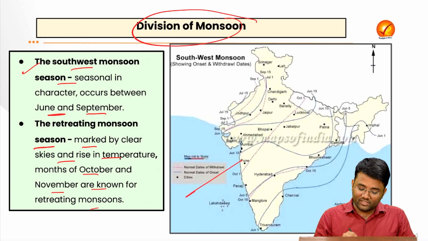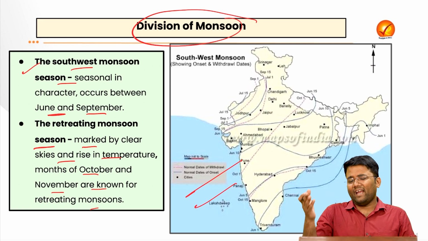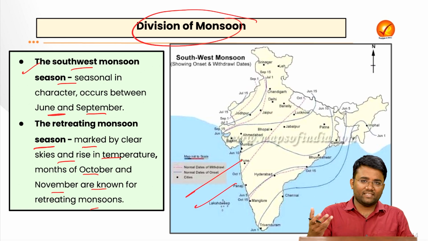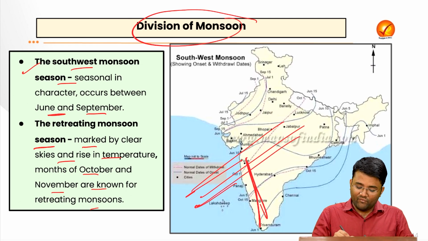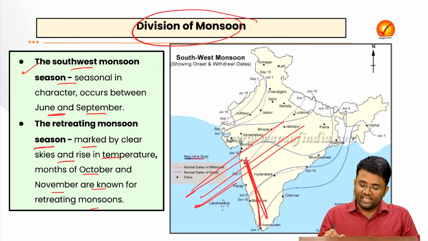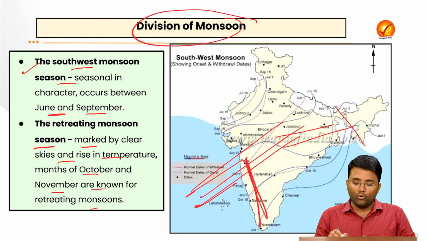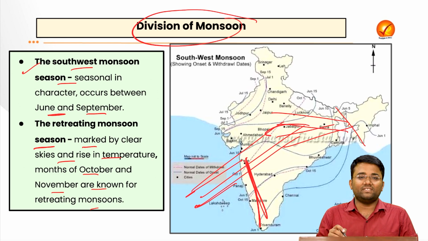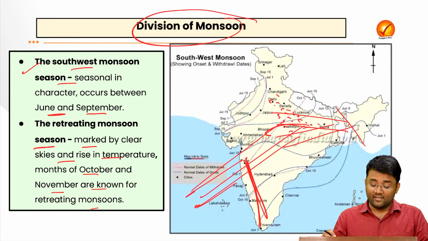As I said, for the southwest monsoon, the easterly winds get deflected towards the right because of the Coriolis force in the northern hemisphere, and these become southwesterly winds. When they strike the Western Ghats region, orographic rainfall happens, and then when they reach the Arakan mountain ranges, they strike them and get deflected towards the Indo-Gangetic plain, and again rainfall happens in this zone, which is very important for India's agriculture, right?